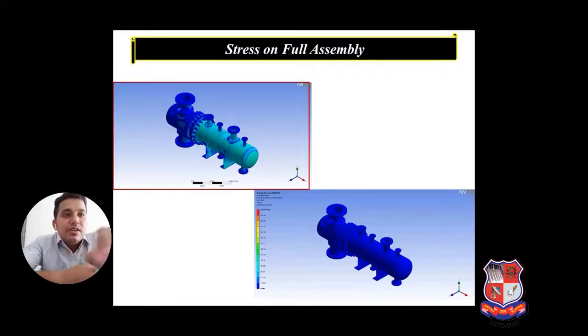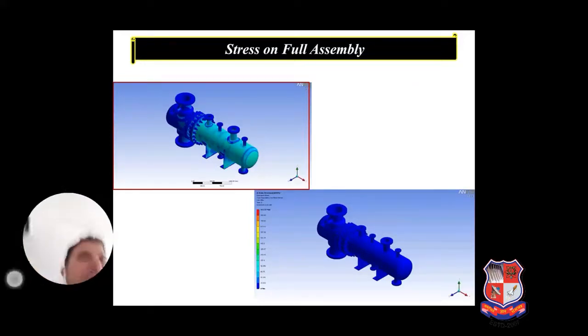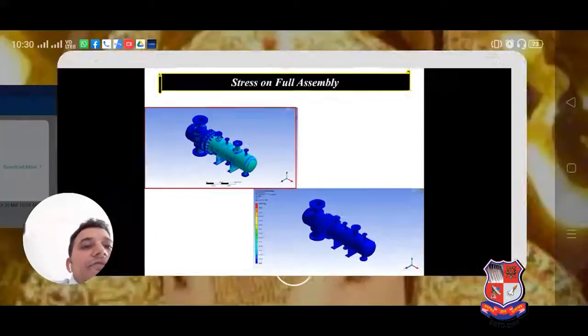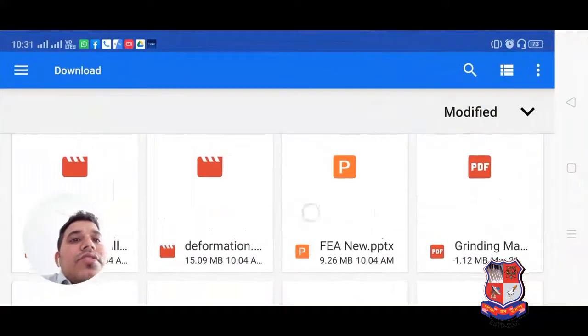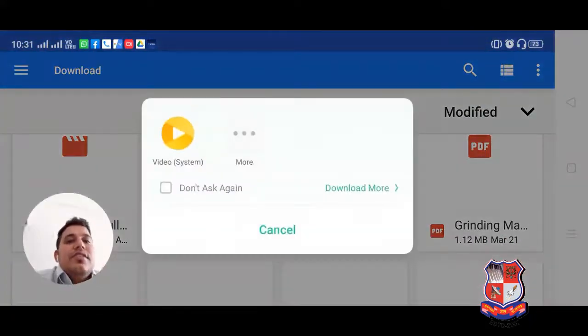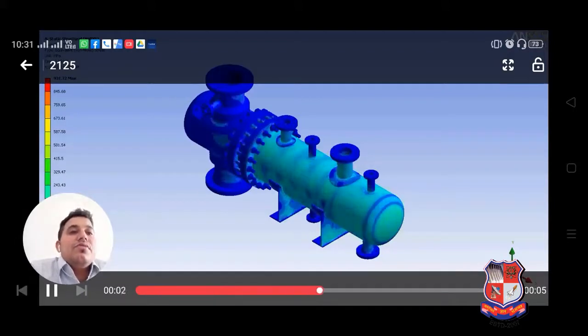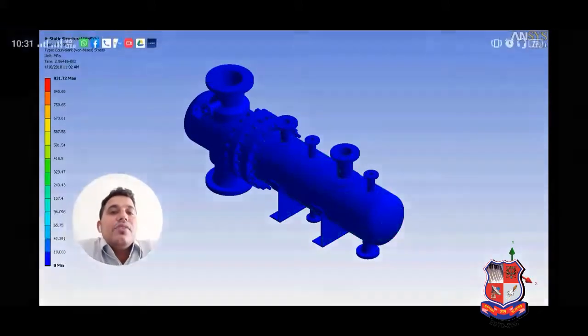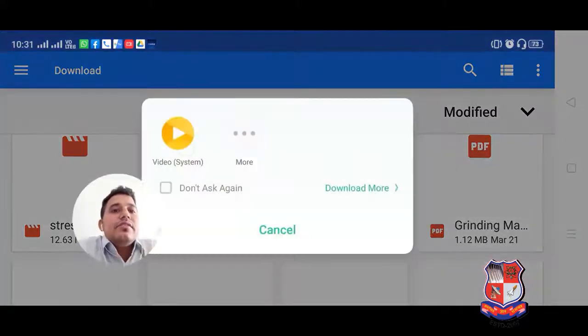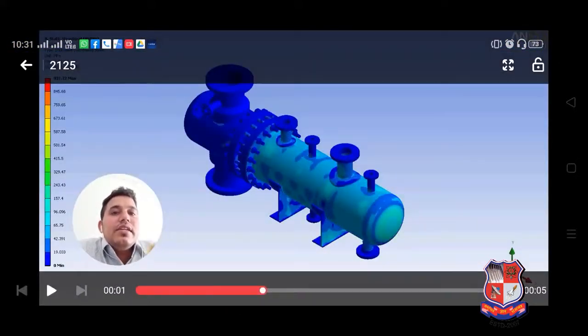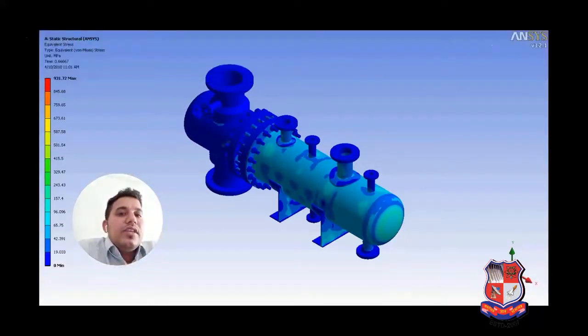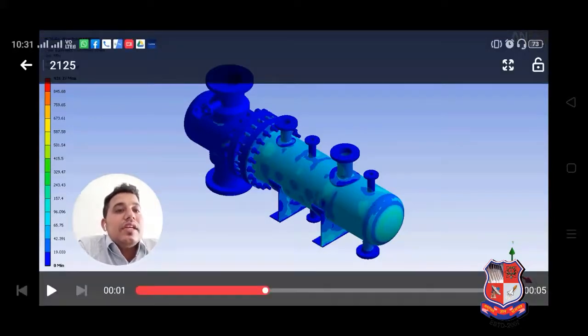Have you observed here? I will show you the stress video, one minute. Here, if we select the stress, it will look like this. You can observe one vertical line; this line indicates the safety of the particular parts. We are safe up to the green. After green, if it is yellow, orange and red, then it is a failure part. Here we observe that we are on the safe side in the stress.